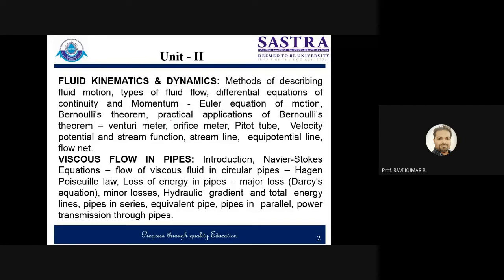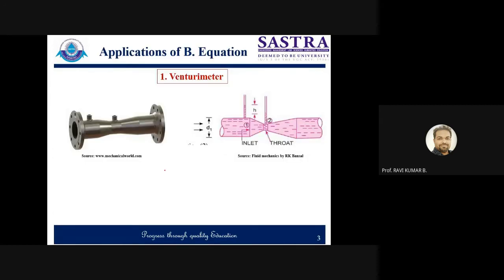And today we are going to start the practical applications of Bernoulli's principle. In that, we will see three cases: venturimeter, orifice meter, and Pitot tube. Traditionally, venturimeter and orifice meter are the devices for measuring the flow rate of liquid. If we want to measure at what flow rate, meaning at what kilogram per second, the flow is happening, that can be measured with the help of either a venturimeter or an orifice meter. The actual device is something like this.